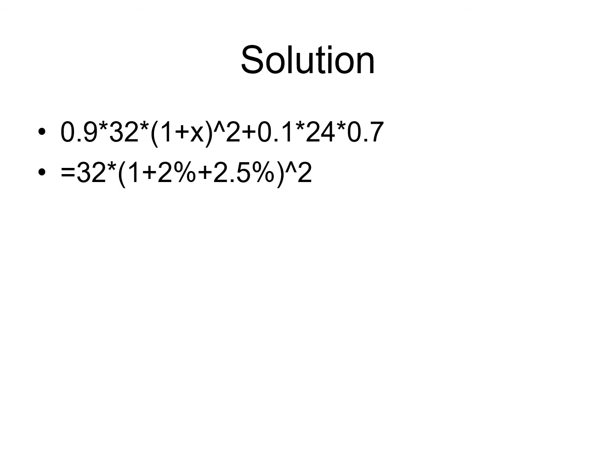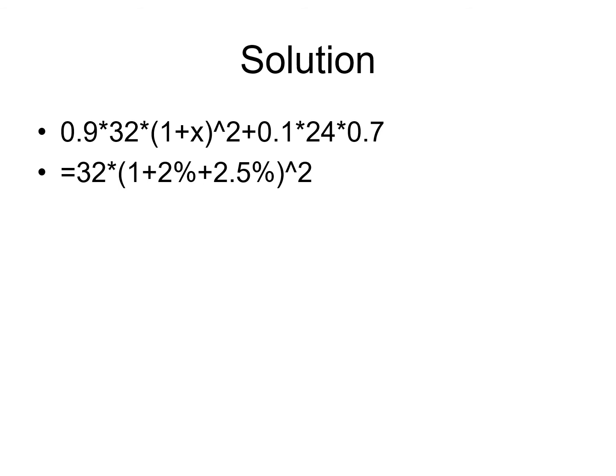Solution: 32 million times (1 plus x) squared. Here x is the loan rate, and powered by 2 because 2 years, compounding in 2 years, times 90% probability plus 24 million, which is the salvage value, times 70% is the salvage ratio, times 10% is the probability, should be equal to